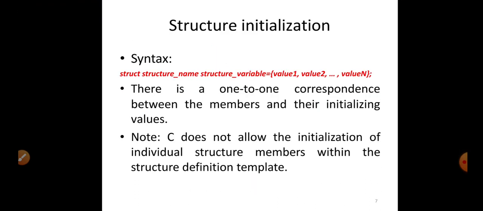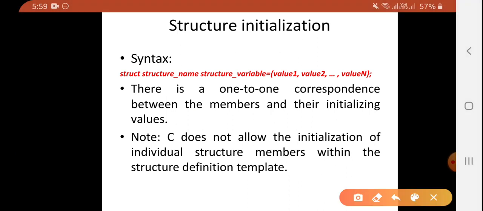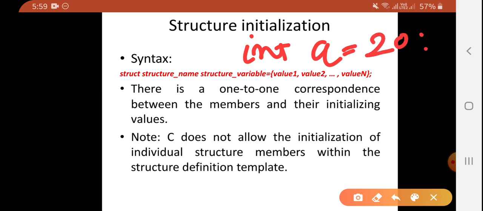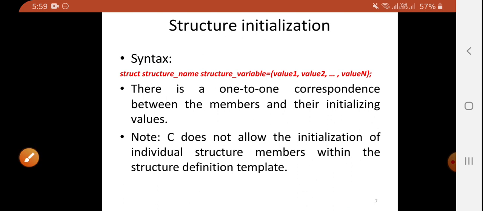Okay, now structure initialization. We know initialization: when we are declaring a variable, we are initializing the variable with a value. For example, we declare a variable integer a, then we initialize it with value 20. In the same way, when we are declaring a structure, we can initialize the values with the help of the equal operator by providing a sufficient number of values.